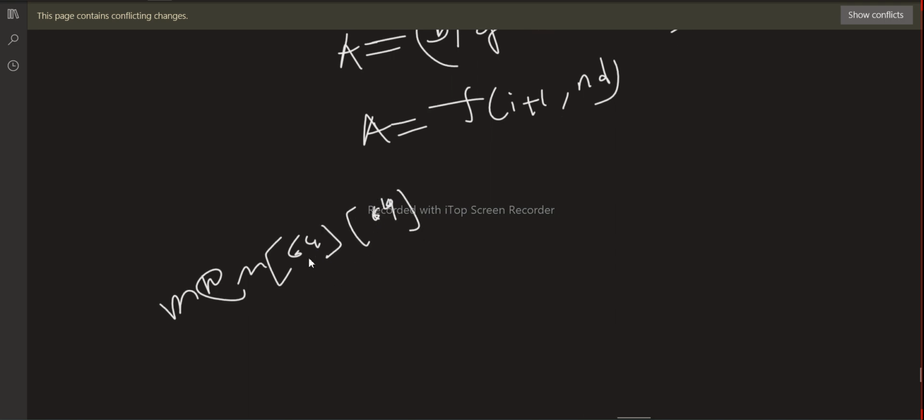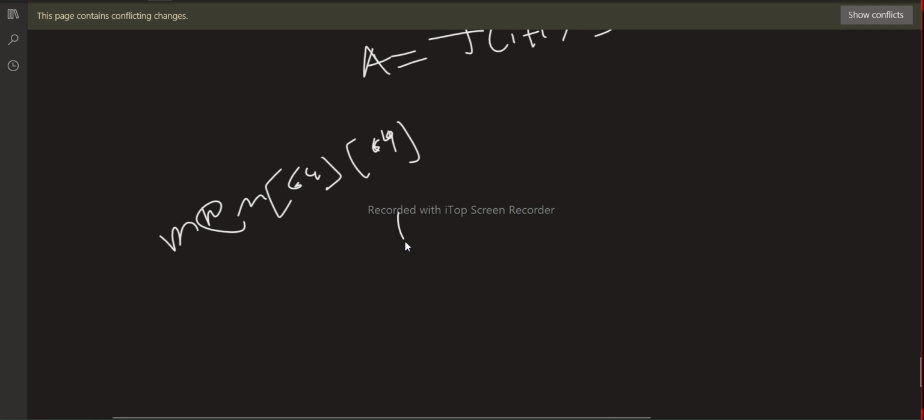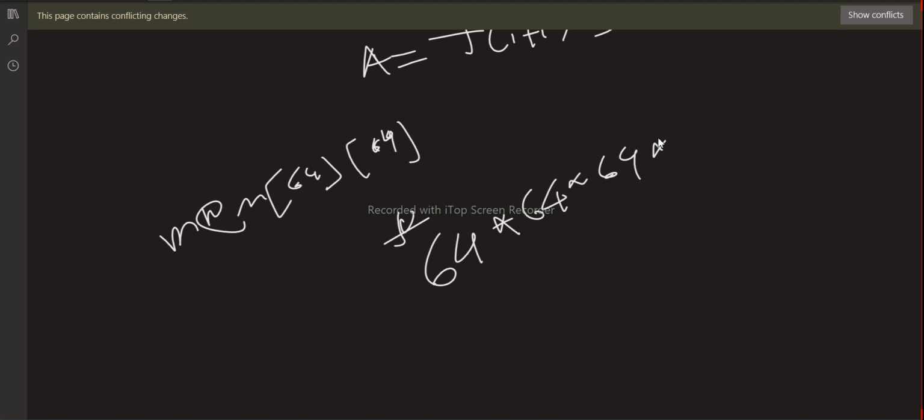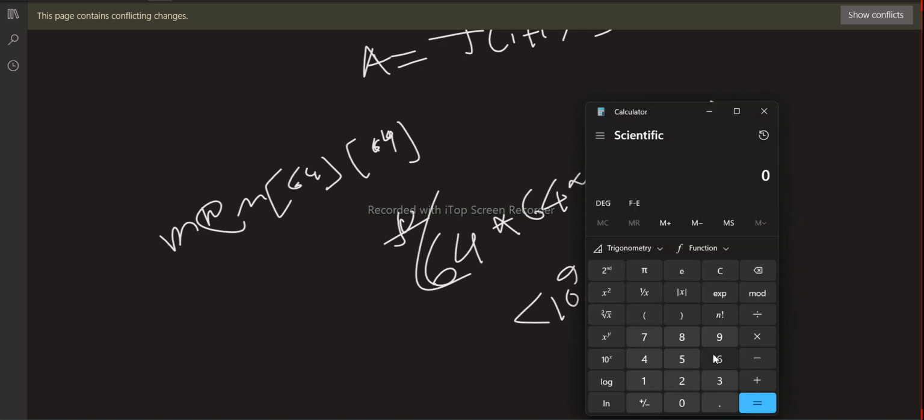My total complexity will be 64 for the first loop, which is to find value, into the memorization table 64 into 64, and for test cases 10 to the power 4, which is not greater than 10 to the power 9, right, which is less than 10 to the power 9. If I show you 64 into 64 into 64 into 10 to the power 4,